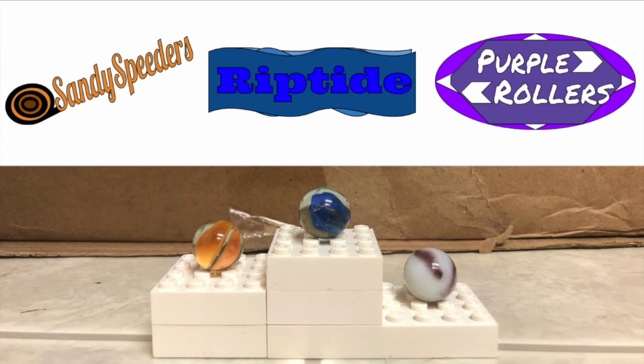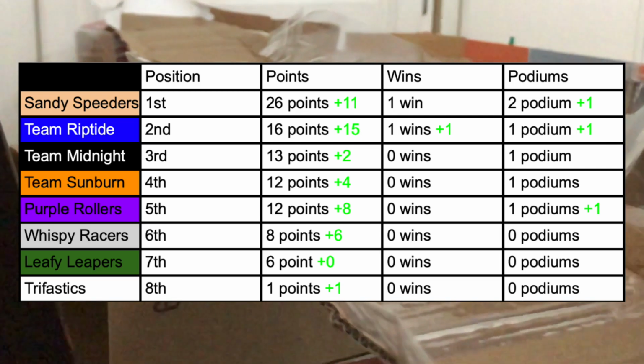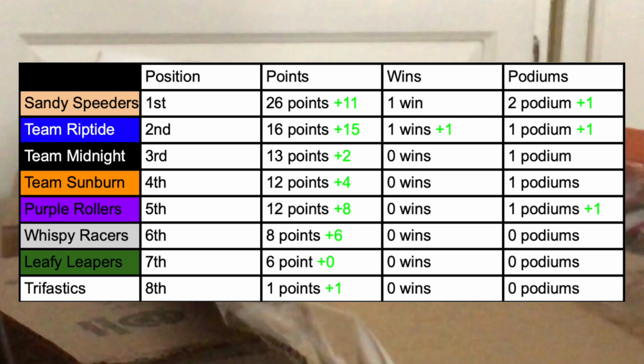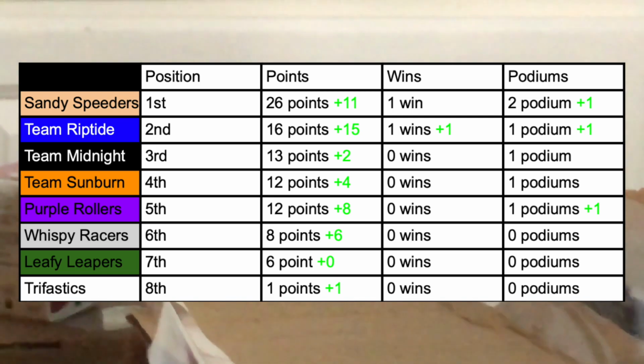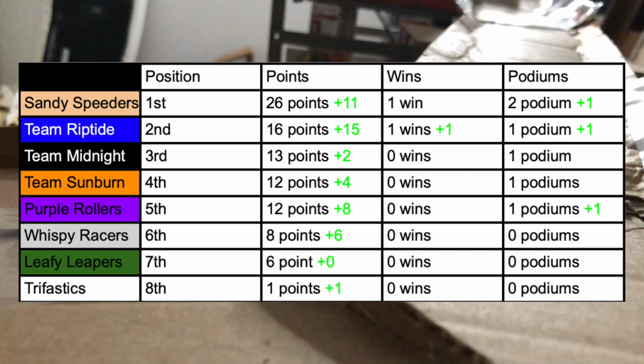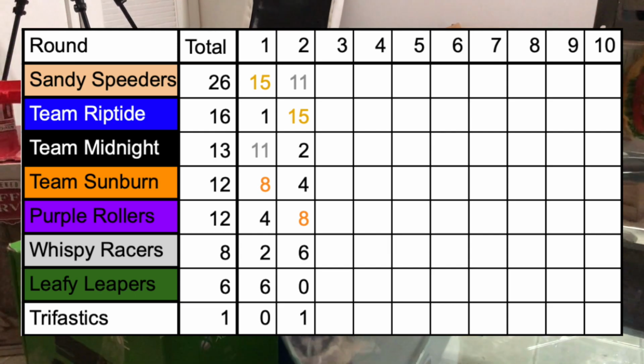Sandy Speeders, a great result here. Congratulations to the Purple Rollers, their first career podium. So Sandy Speeders are now 10 points ahead of Team Riptide in the championship, with Team Midnight, with the bad result, are still going to be in 3rd place, with Team Sunburn and Purple Rollers tied for 4th, Wispy Racers, Leafy Leapers, Trifastics, 6th, 7th, and 8th